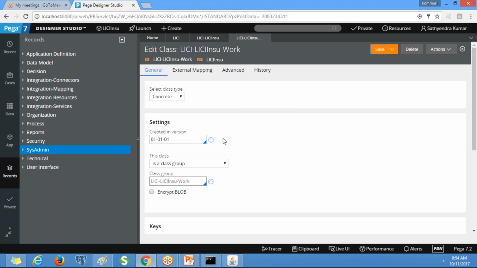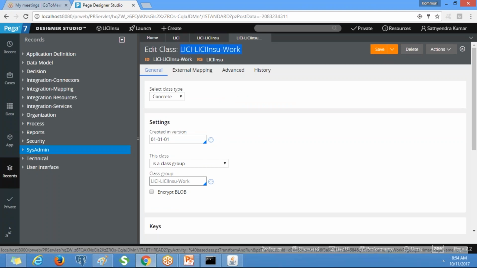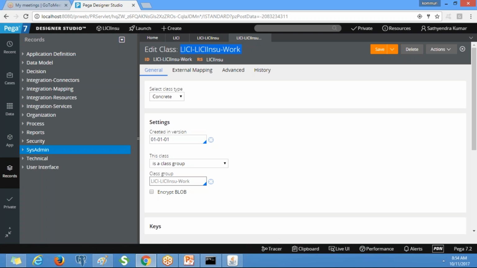Clear? Now we need to define this class under the access group. What is an access group? An access group defines which application the user is going to access. I am an operator, and I am going to access the LIC insurance application.